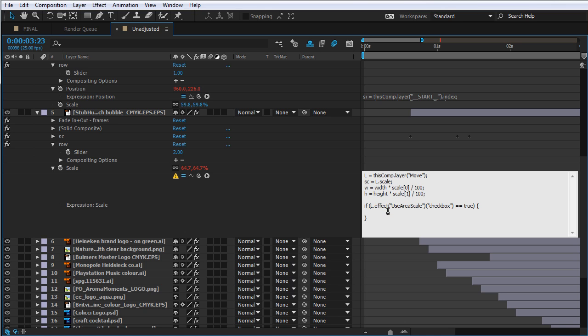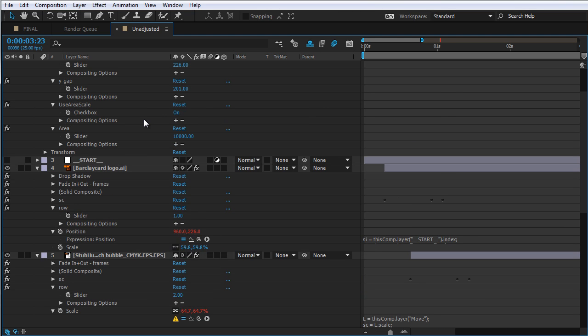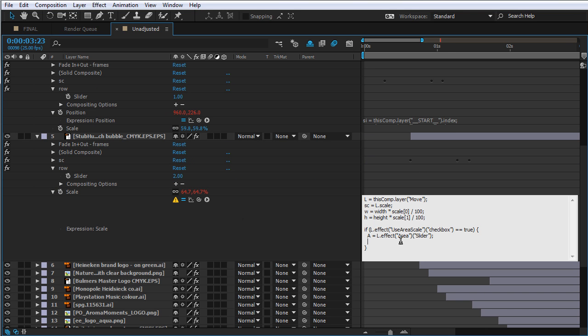So we can define A, which is the target area. That's the target area that we're going to use from this slider up here, which is at the moment 10,000 pixels, but it can be anything you want. And the S, which is the scale, is